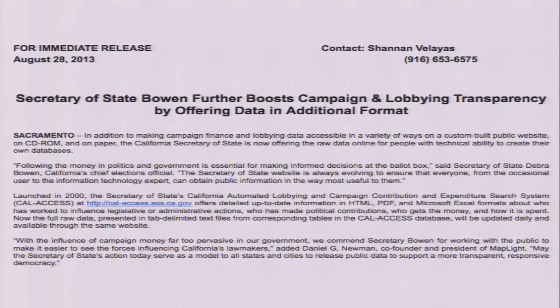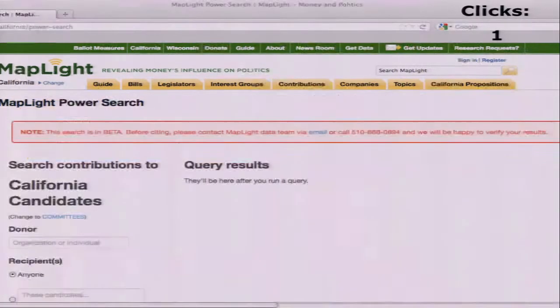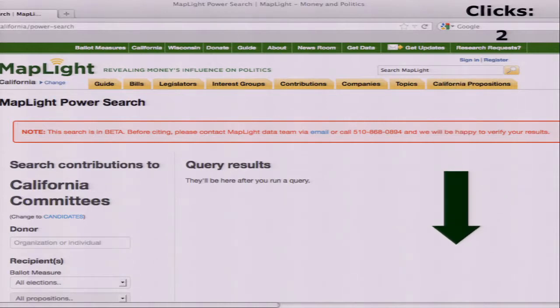They made the daily download available, at which point, being the enthusiasts that we are for government data, we jumped right on it. If you go to maplight.org/California, you can see a tool that we built to basically search that data very flexibly. So I get to the search. It searches candidates by default, but if I click here on committees, I can go to the ballot measure search. Just going to scroll down really quickly